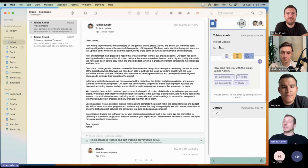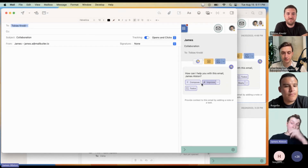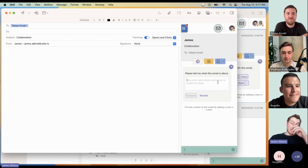For the Smart Assistant feature, which is going to be the functionality Smart Compose, you'll have to open up a new Compose window, and you'll see the sidebar here as well. So I'm going to write a message to Tobias, and I'm going to call it collaboration. And then if you see here, this Smart Assistant button opens up this little area where you can click on Compose. And from here, you basically need to just enter a short keyword input which is going to say exactly what's going to be in your email. So I'm going to say, ask Tobias to collaborate on a webinar